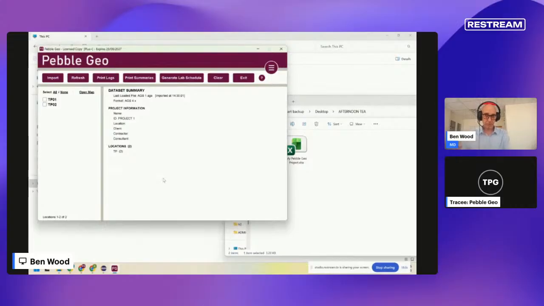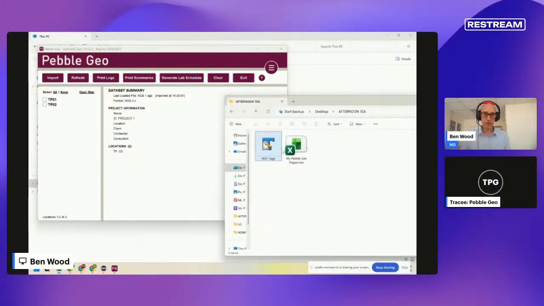Within the Pebble Geo app itself, that won't look any different to the Excel because it's the exact same data. It's just come from a different format, AGS rather than Excel. Okay, so